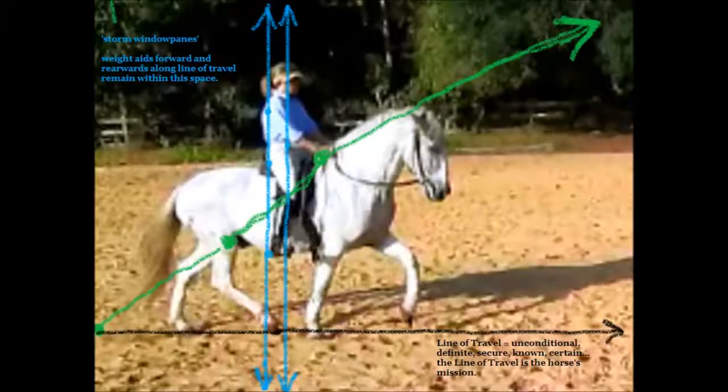Please keep in mind that it only functions with the window panes also. So if someone starts going around popping their knees open, that's not the point. The point is to have it in combination with the weight aid which operates in the plumb line, which I call the window panes. Now, when the major was explaining this to me and broaching the subject, he would say,